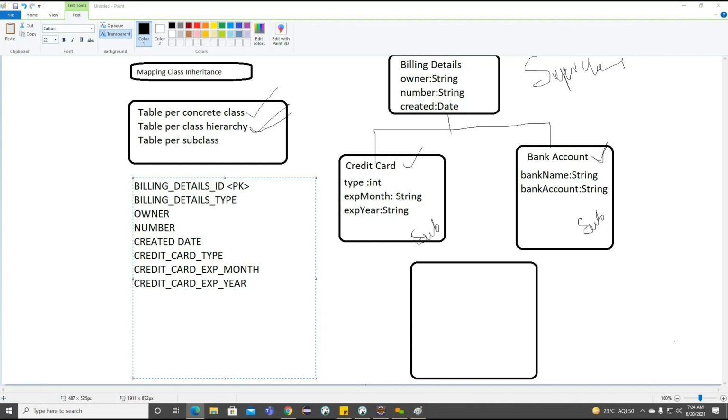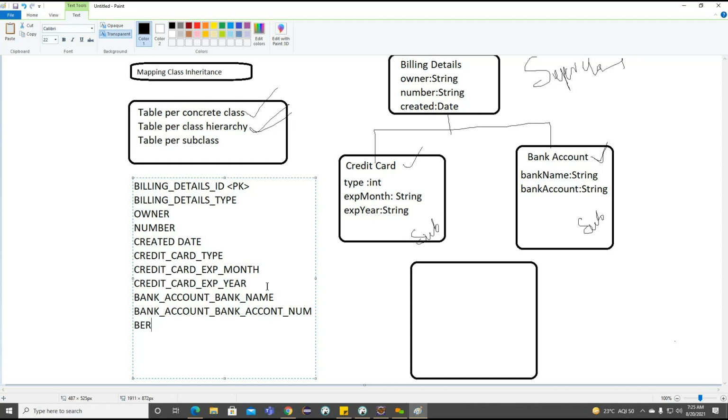Now what we can do is define the bank related information: bank account, bank name, and bank account number. Getting the point. This is the way we are going to create the columns in our database.